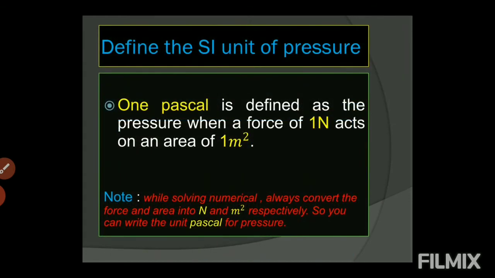What is the definition for the SI unit of pressure? Children, I gave this question to explain to you. Whenever you have such a question, remember that it wants to test two things: what is the SI unit of pressure, and how do we define it. Now in this case, if you simply write the SI unit of pressure is Pascal, you are not going to score any marks. You have to answer it in this form. That is, 1 Pascal is defined as the pressure when a force of 1 Newton acts on an area of 1 meter square. So force is 1 Newton, area is 1 meter square, so the pressure is 1 Pascal.